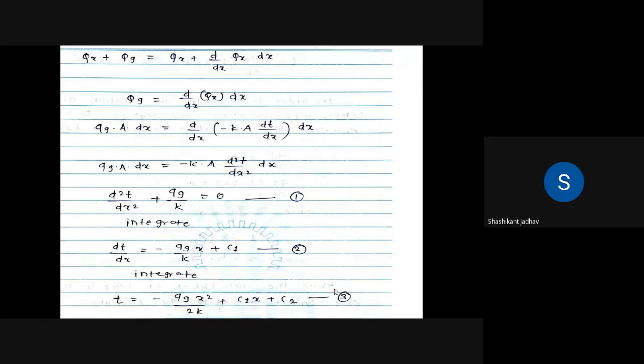So in this case we have to calculate the values of C1 and C2. For that we have to consider different cases: both surfaces having the same temperature, and both surfaces having different temperatures. According to that we have to put in different conditions. Okay, so in the next lecture we will consider case 1 and case 2, find the values of C1 and C2, and from that find the value of Q. Okay, so we have to stop here.